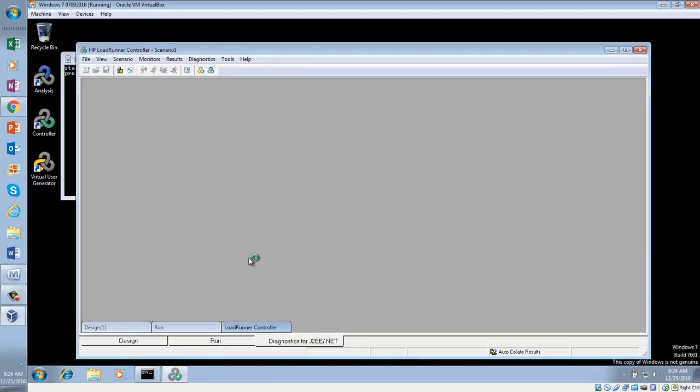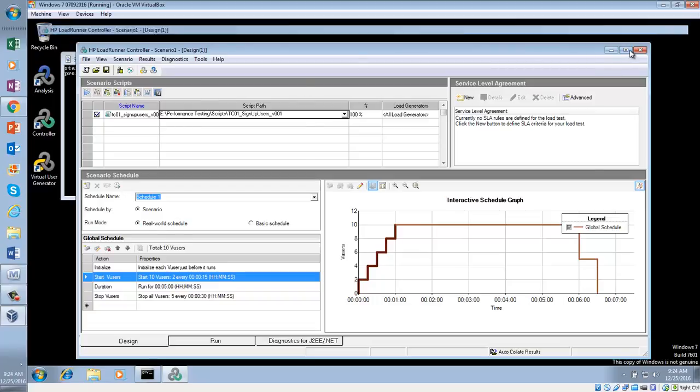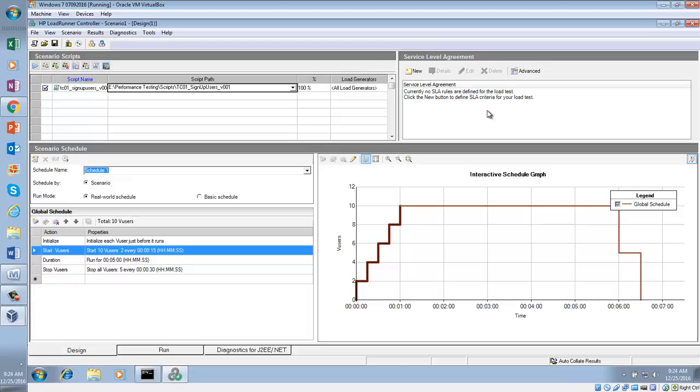I will appreciate it if you can focus on the screen, because after I do these things on my screen, you'll have to do them on your computer. Now, first of all, you can see that I have this script here, right? I have previously developed a script, and now I want to execute a test with it. If I want to see this script from the controller, how will I bring it? Who can tell me? There is an option for browse. So select browse, find the script you want to select, then add and OK.